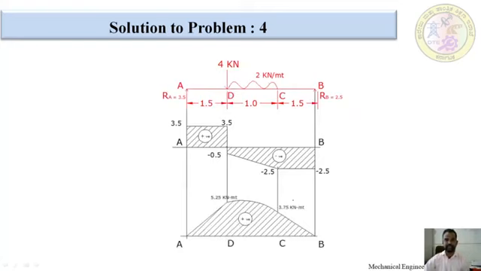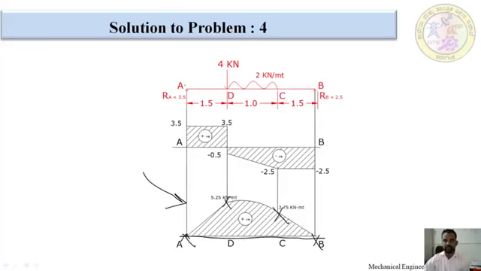This is the bending moment diagram, the diagram below. At the A point, first we have to draw a horizontal line. This is the base line. At A it is equal to 0, at B it is equal to 0. We have to mark it. After that, at C point we got positive 3.75, so I am going to draw here. At D point we got 5.25. I am going to mark here.